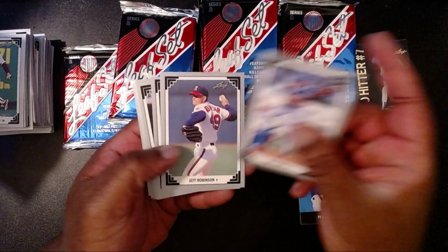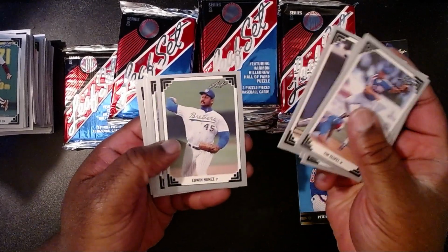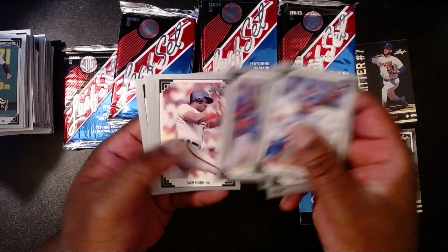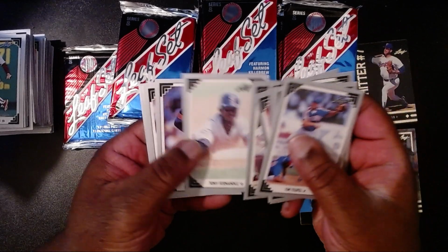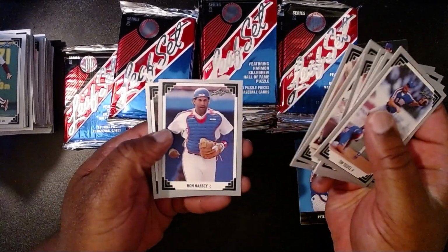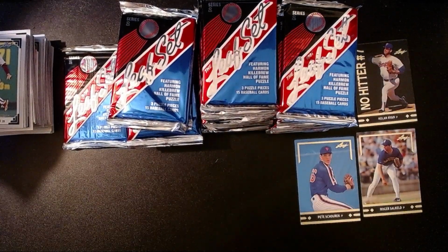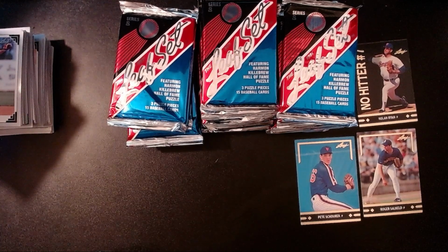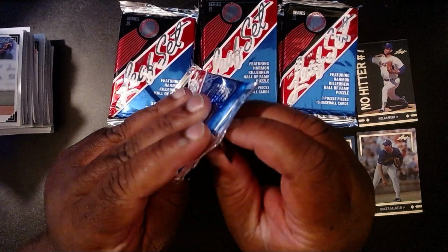Alright. Tim Teufel, Jeff Robinson, Chris Hammond, Pete Incaviglia, Edwin Nunez, Scott Bankhead, Sam Horn, Mickey Tettleton, Tony Fernandez, Jesse Barfield, Dave Righetti, Luis Soho, Ron Hassey, and Darren Jackson. And to complete our first stack,